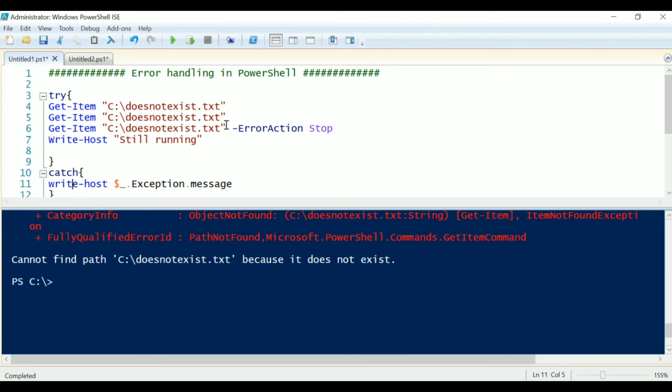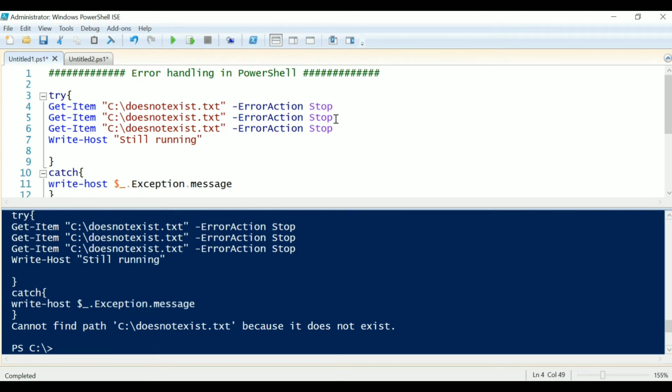So one solution is to write the ErrorAction parameter with every statement, but this will be a tedious task if you have a number of lines in your script.